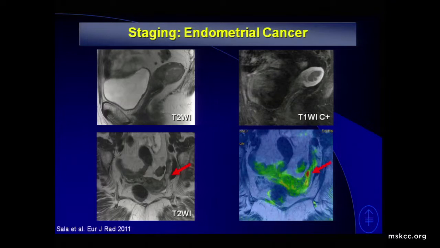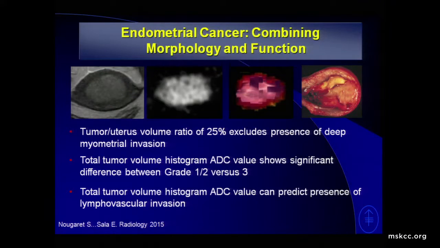You can combine all, and this is a study I did in collaboration with McGill University in Montreal, when we had a fellow that worked on both sides, and we looked at combining everything. So we looked at doing the volume, not just on the T2-weighted images and not just the uterus volume, but also tumor volume, and also on the 3D diffusion-weighted images. Those maps are extracted, the 3D volumes are created, and this is the gross pathology on this patient. What we found, which was very interesting and important probably in the fertility preservation group, is